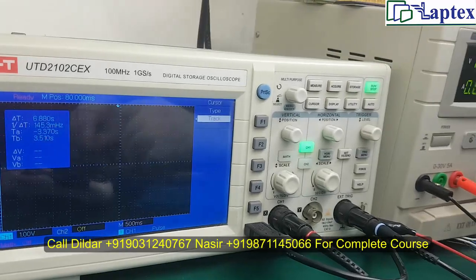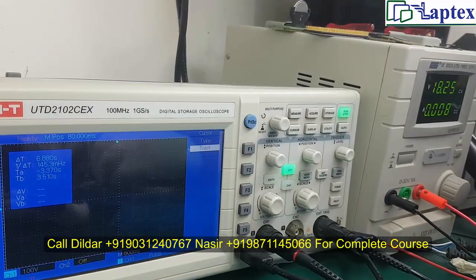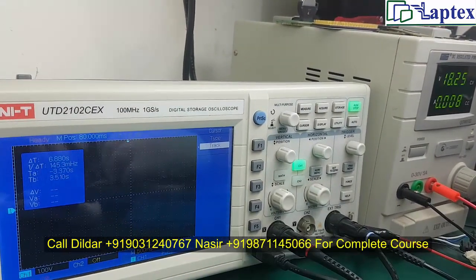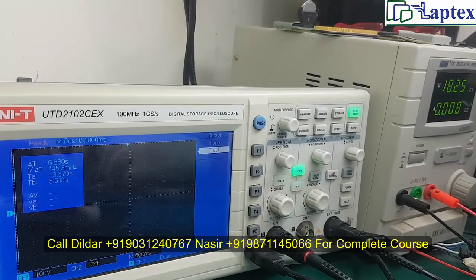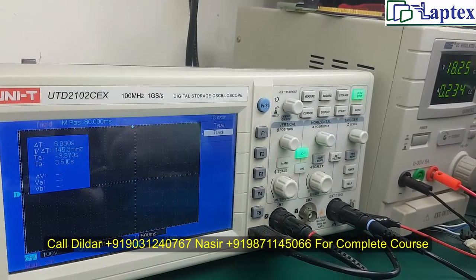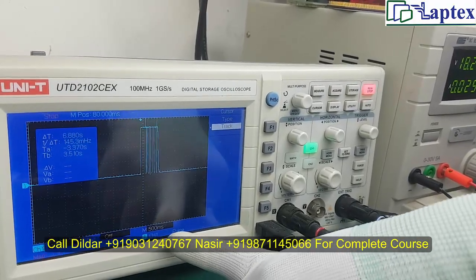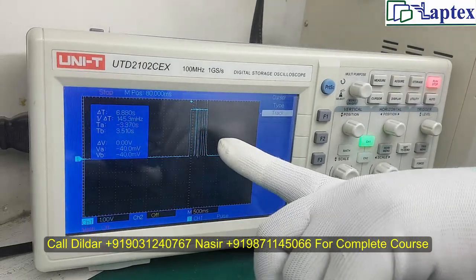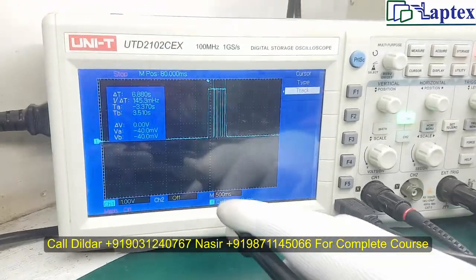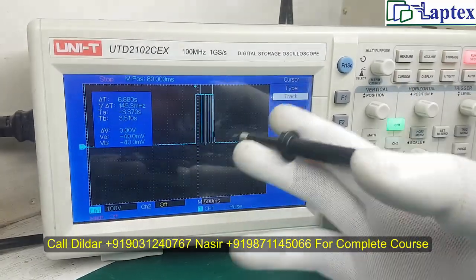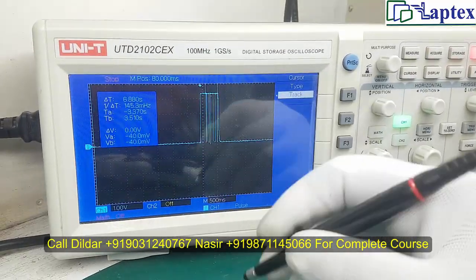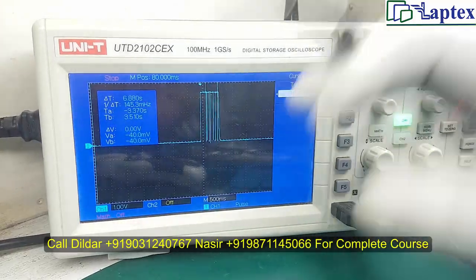There are manual settings you have to make if you are going to check. It is not turning on. So let me connect it once again. I have set 500 millisecond division. It will give a slightly late display. If you set even 1 second, it will give a more delayed display on the DSO. So it is absolutely right.